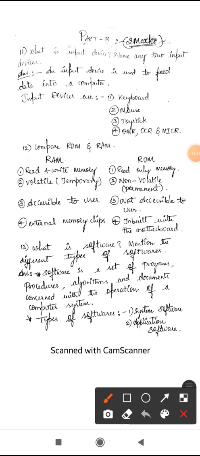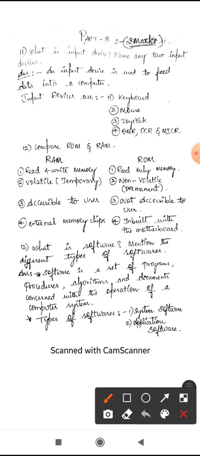What is an input device? Name any 2 input devices. An input device is used to feed the data into the computer. By using input devices we can input the data for the computer.